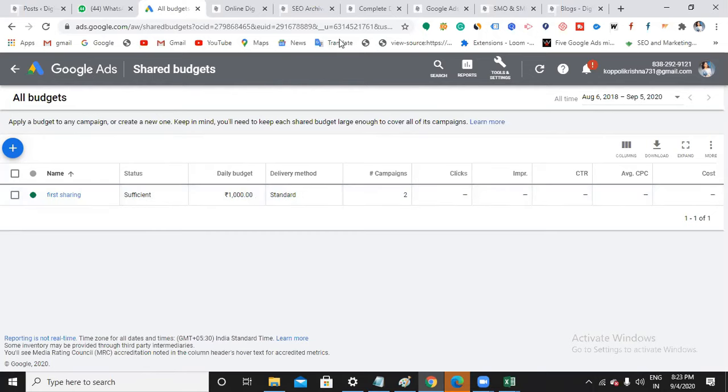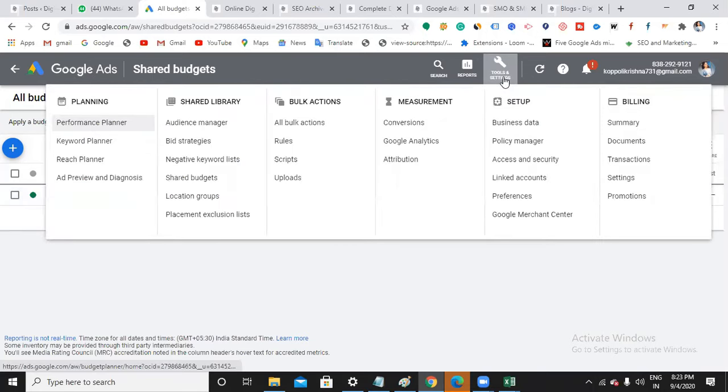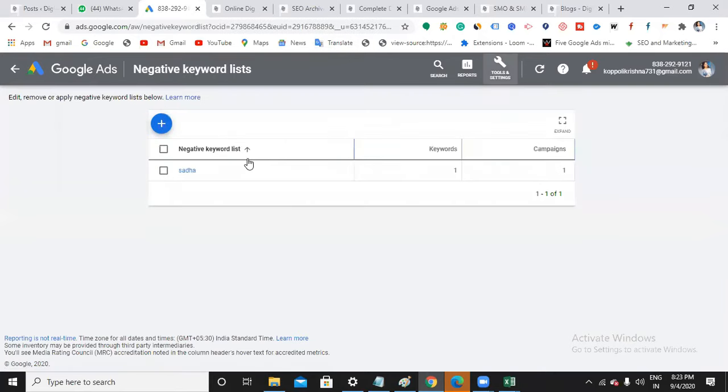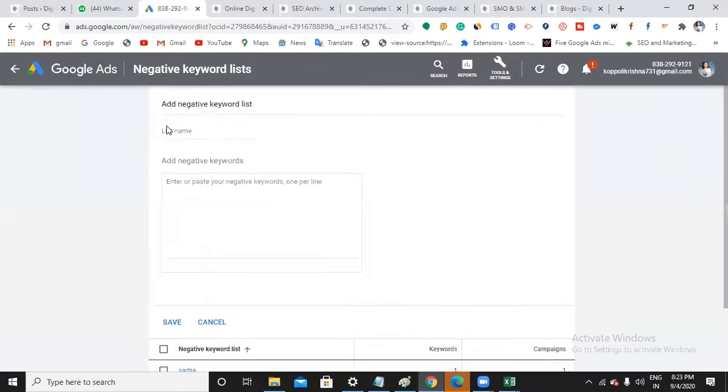Got it? Yes. And then negative keyword list, as you already know, we can add negative keywords, for which you don't want to show up the ad. Let's say negative, so enter it here.